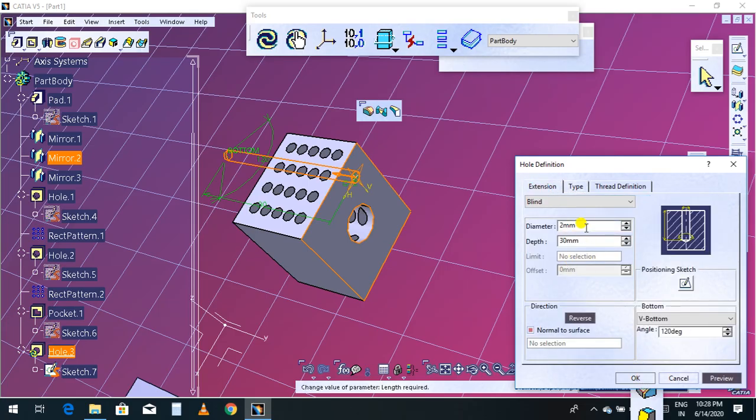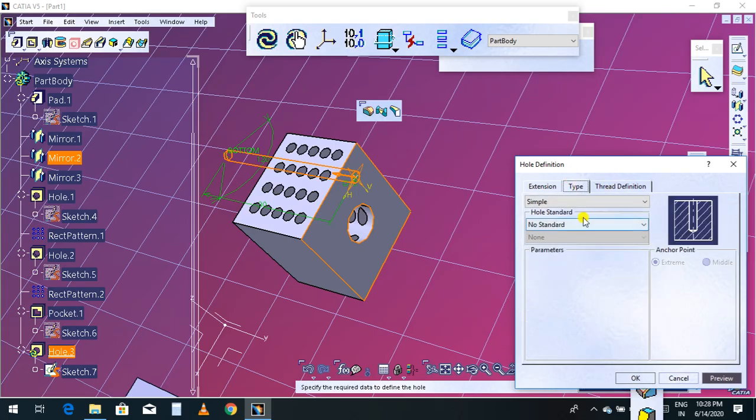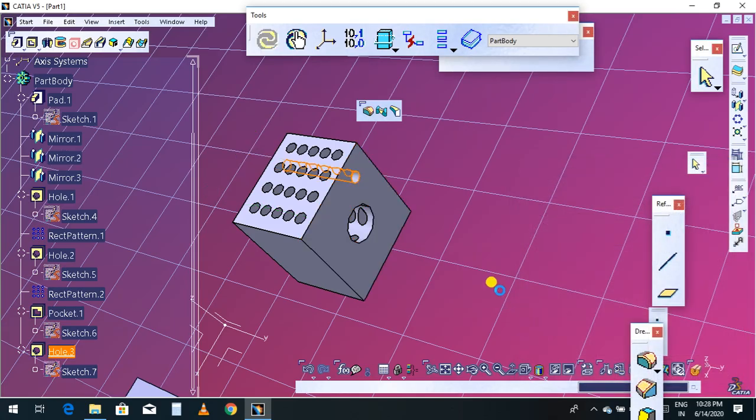I have given 2 mm diameter, 30 mm depth. If you want to give the thread, you can give the thread, with diameter and everything, whichever type you want. Click OK. So now the hole is done here.